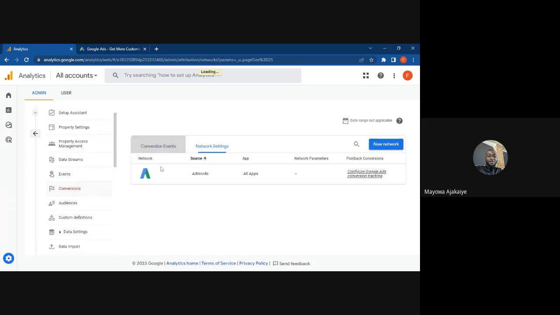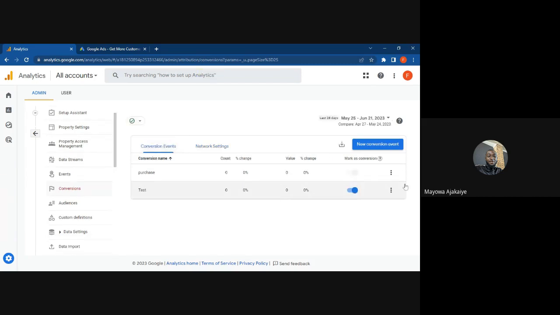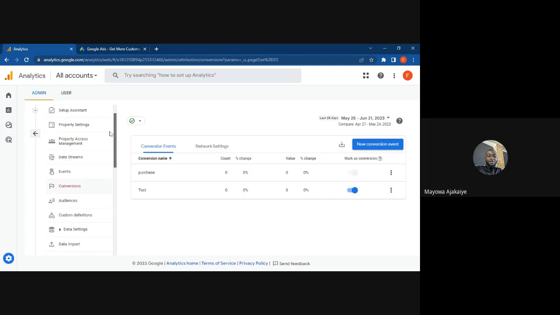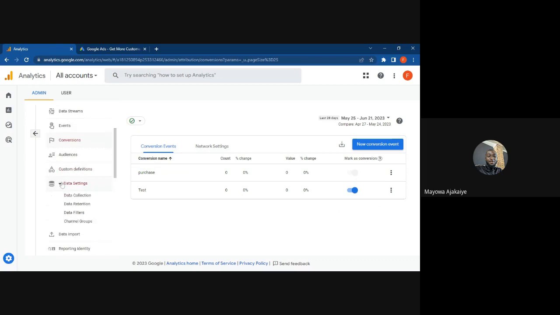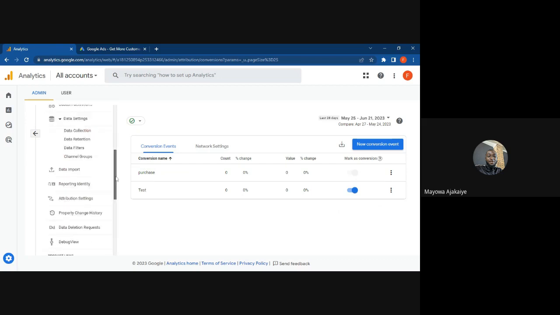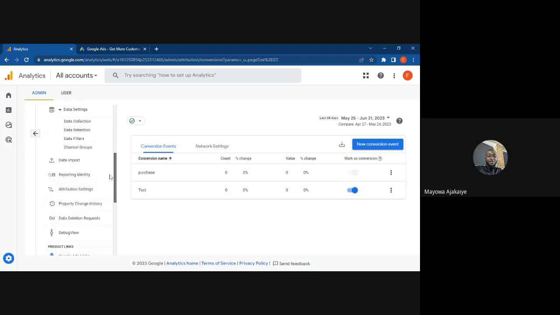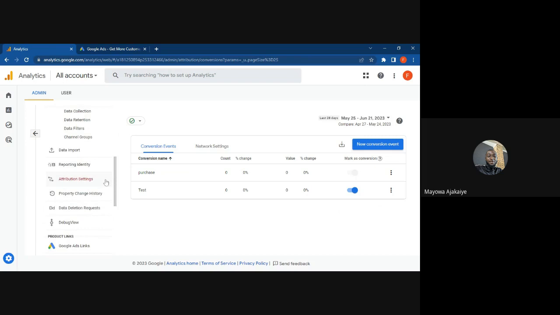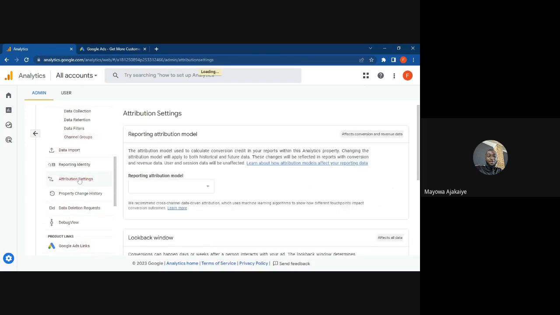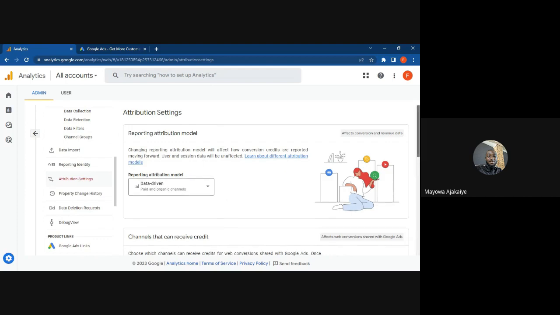I think most of these things were set until the tag on the website was removed. So yeah, that's most of the things that you might want to interact with on Google Analytics. Yes, basically that's everything you might want to. Every other thing here, like the high-end ones, you probably wouldn't be needing